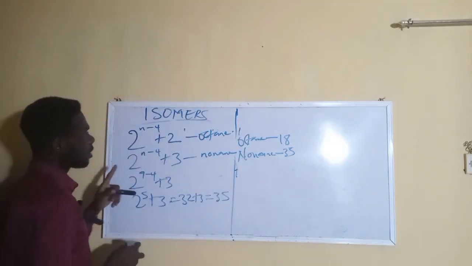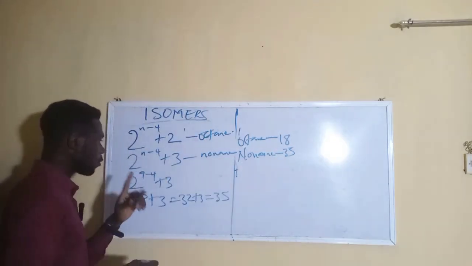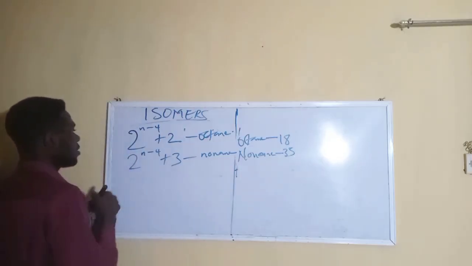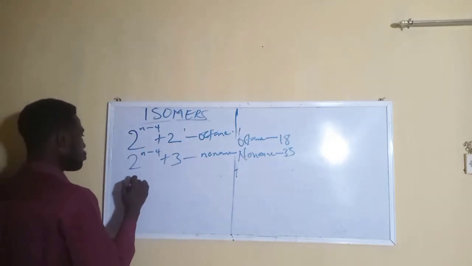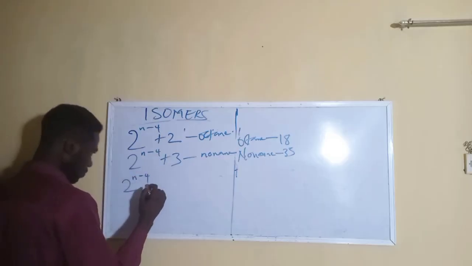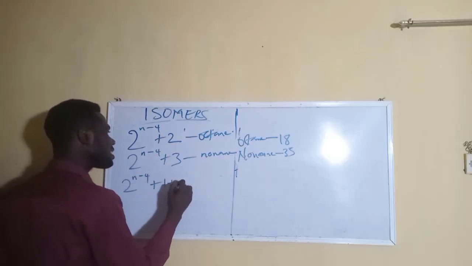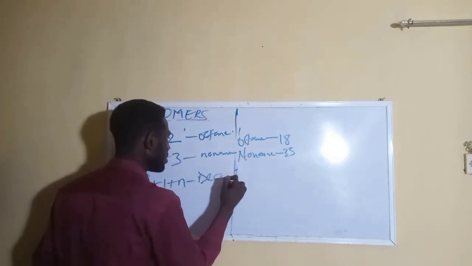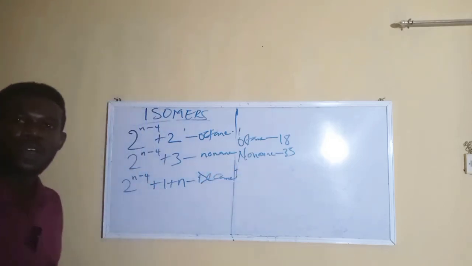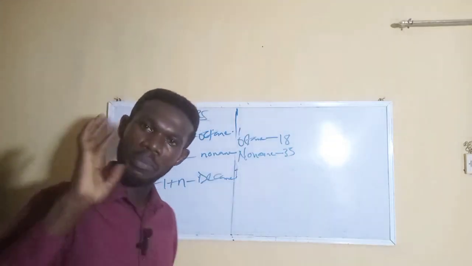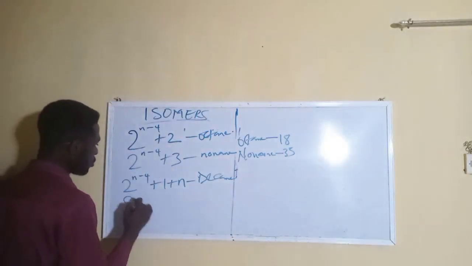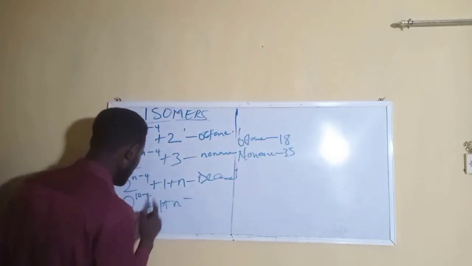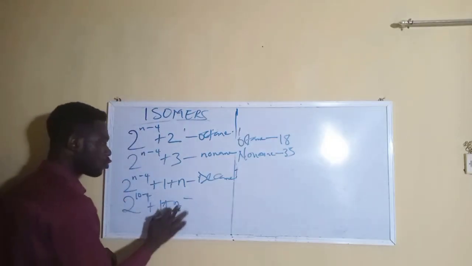Now, for alkanes, let's wrap it up with the formula for decane. Now, if it is for decane, you have 2 raised to power n minus 4 plus 1 plus n. This is for decane, which is carbon number 10. So that means you have it as 2 raised to power 10 minus 4 plus 1 plus n. And our n in this case happens to be